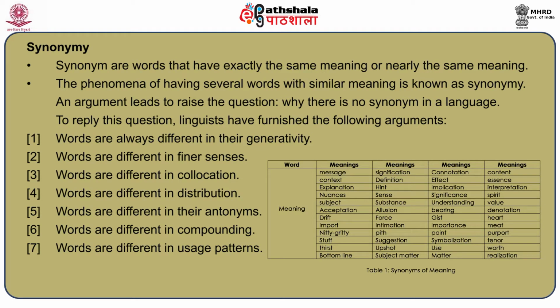Those words of nearest sense, for the purpose of better understanding of the concept, are termed as synonyms. For instance, the word meaning in a regular English dictionary presents nearly 50 words which may be considered, based on contexts, as synonyms of meaning. Here is the list. Meaning has 50 different senses: message, context, explanation to realizations.